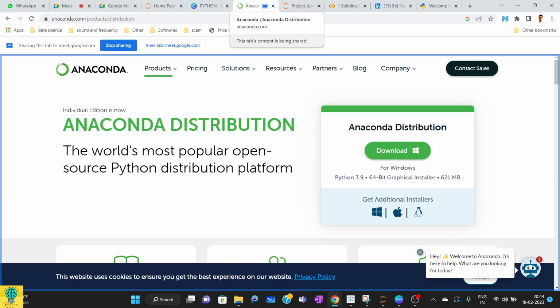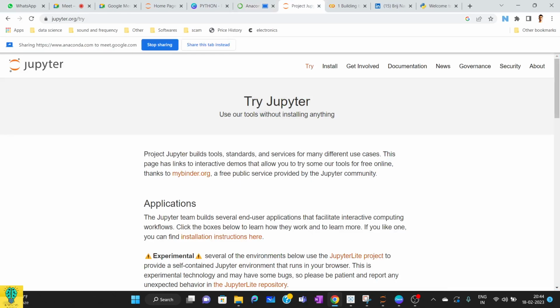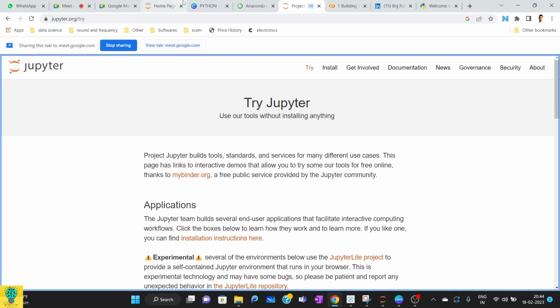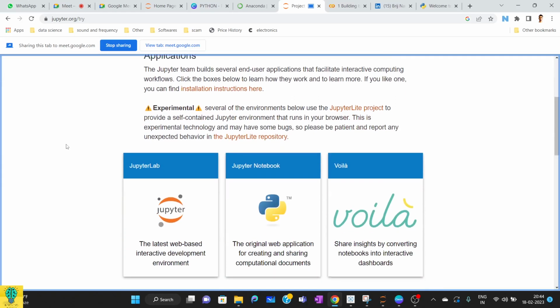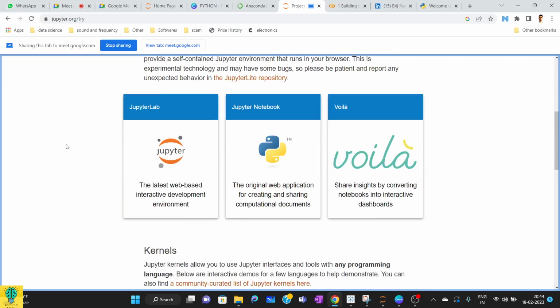Now I'll show you another thing you might have heard of, Jupyter, right? This is where exactly we'll be writing our code. You need not install this separately. As you install Anaconda, you get Jupyter inside that, so you just have to download Anaconda and you can go with Jupyter.